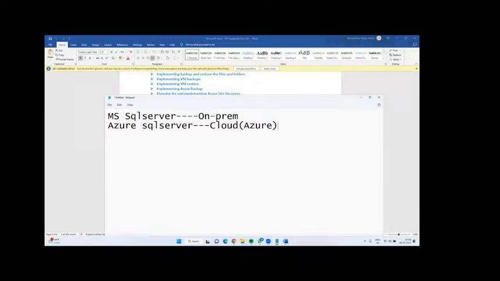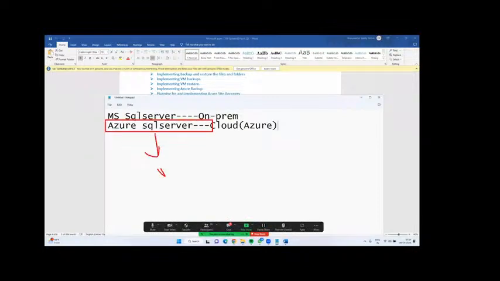In on-premises SQL Server, first you have to purchase the license, download the software, and perform the installation and configuration. When you go for Azure SQL Server, it comes under PaaS, platform as a service. You can directly go ahead and create the stored procedures, tables, synonyms, and consume it for your application.